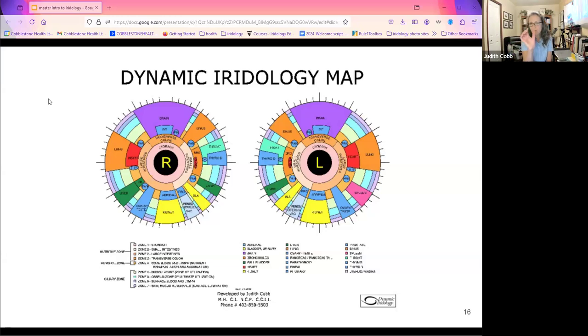Now, can you imagine you've got this eyeball you're looking at, and the iris itself is about a half inch across. And if you're even slightly off level, you're now giving that marking an assignment to a body part that it doesn't belong to. Right? So with constitutional iridology, we're not concerned about the arm or the shoulder or the hand or the knee or the pinky finger or the earlobe.